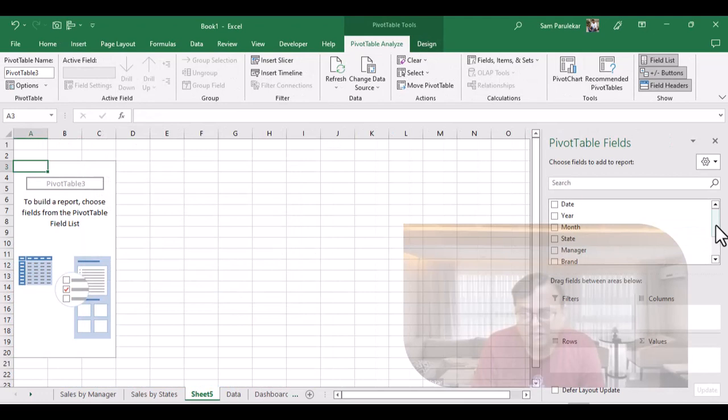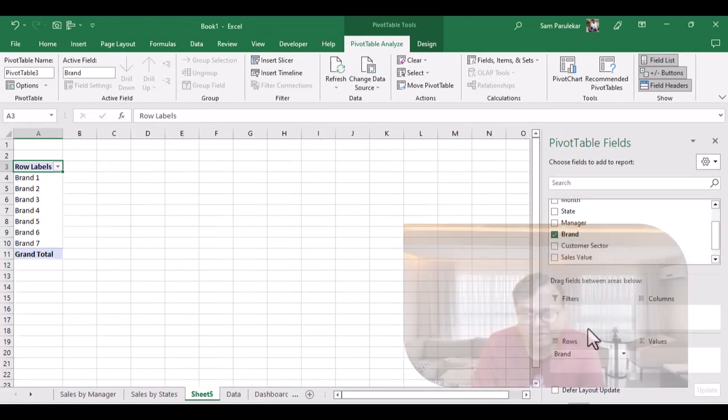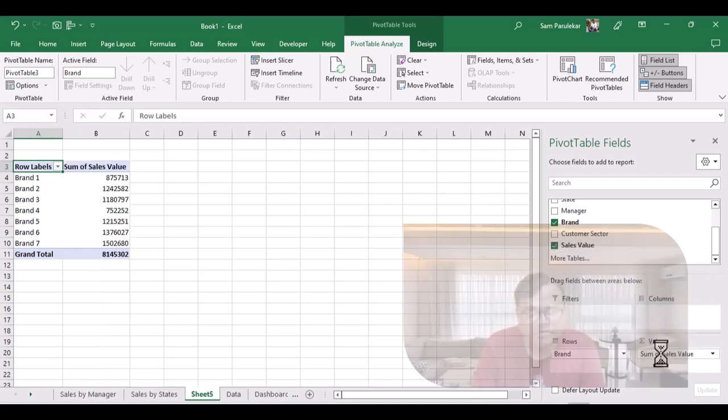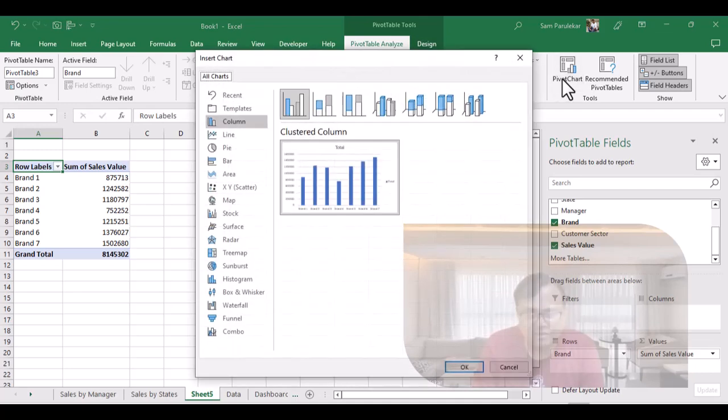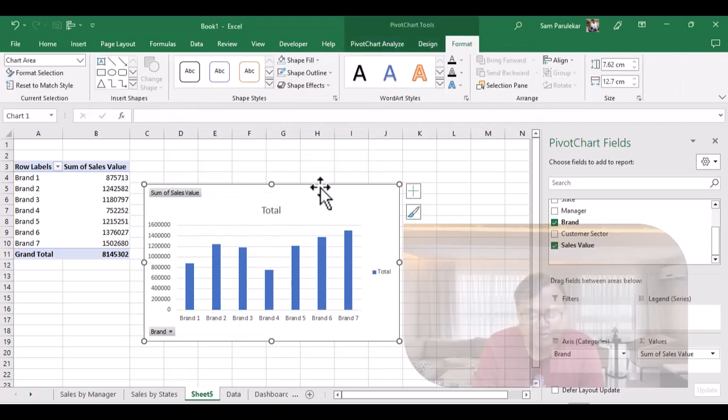Now we scroll down and click on the brand field, bring it here, and we click on sales value and bring it here, and we click on pivot table, analyze, pivot chart, simple bar graph, OK, and